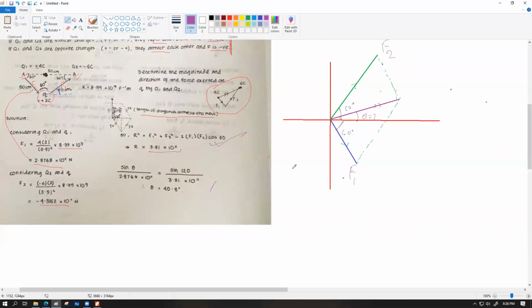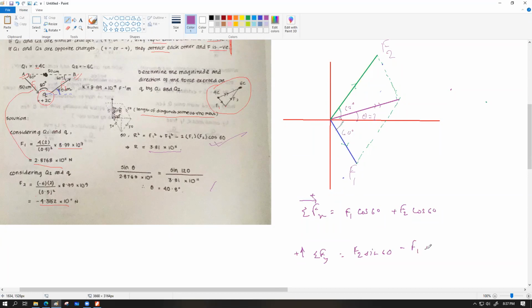So let's say I'm going to write summation of force in the x-axis should be equals to, considering towards right as positive, F1 cos 60 plus F2 cos 60. And considering upward as positive, I can write summation of the vertical forces should be F2 sin 60